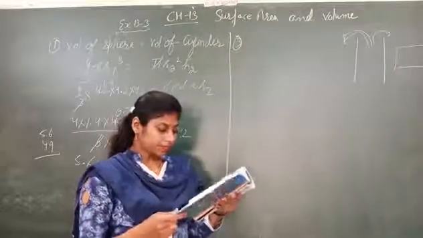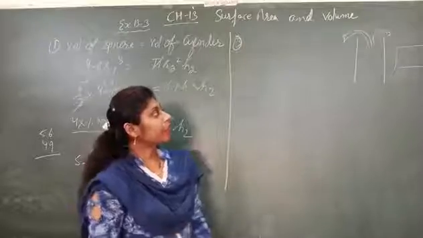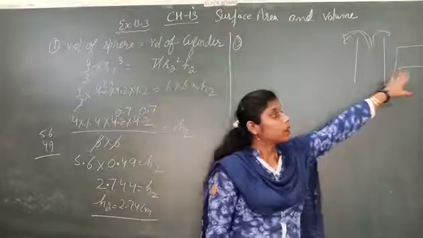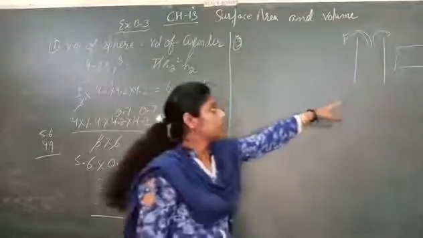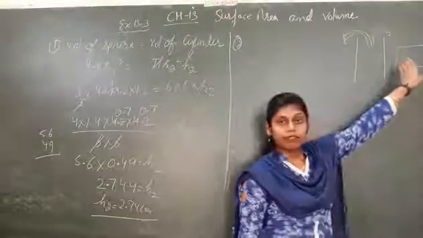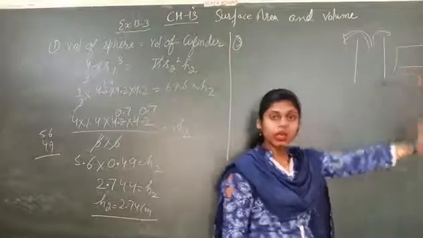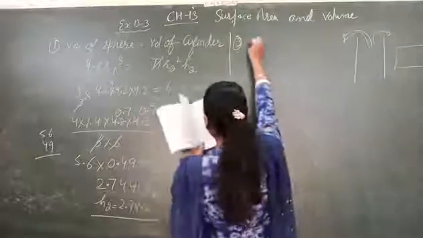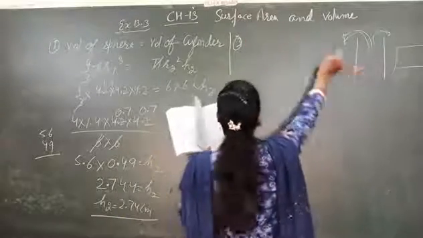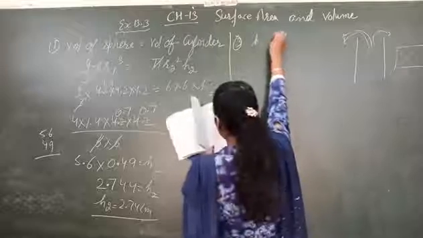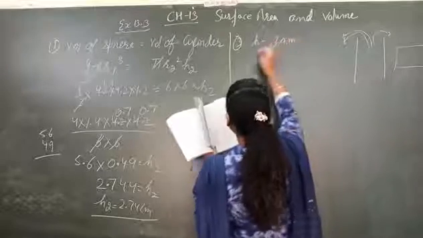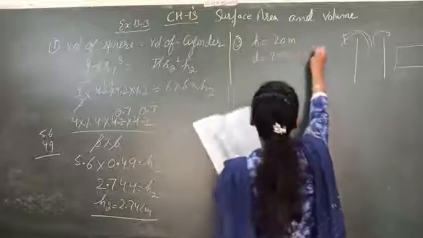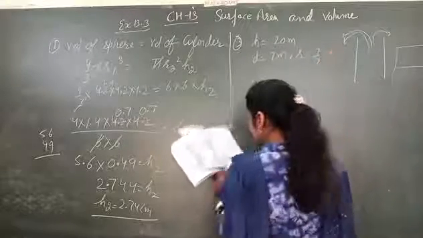Clear? So volume of earth taken out from this well is equals to volume of the platform. The sand spread on the platform. Both the volumes are equal, so we will compare both the volumes. First of all, what are the dimensions? So this well is 20 meter deep. So this is height. Diameter is 7 meter. So radius 7 by 2 meter.